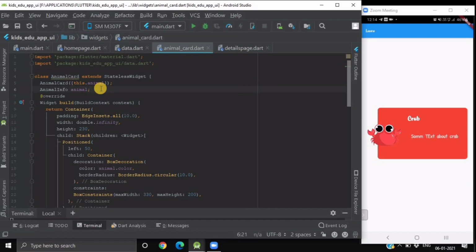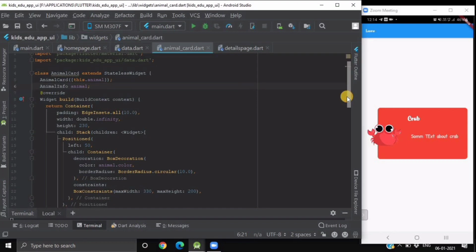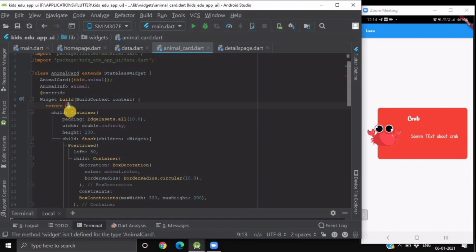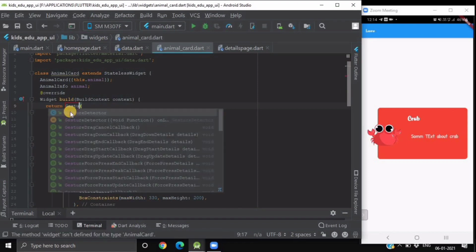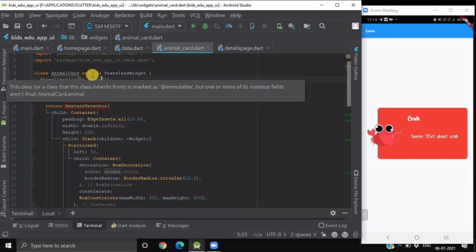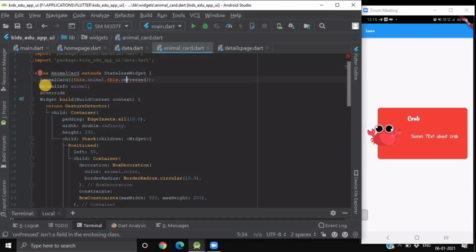Now, one more thing, here we have used the hero widget. So that requires a gesture detector or inkwell. So we'll wrap this container with a widget named gesture detector. And we will also provide one more attribute to our custom widget animal card, which is on pressed.